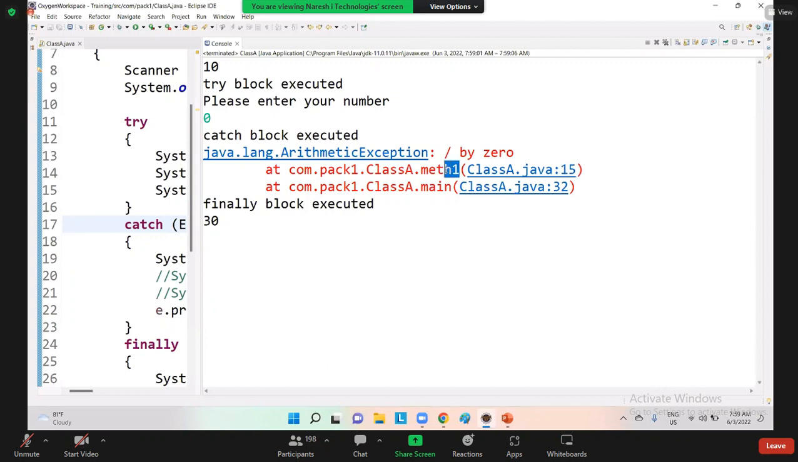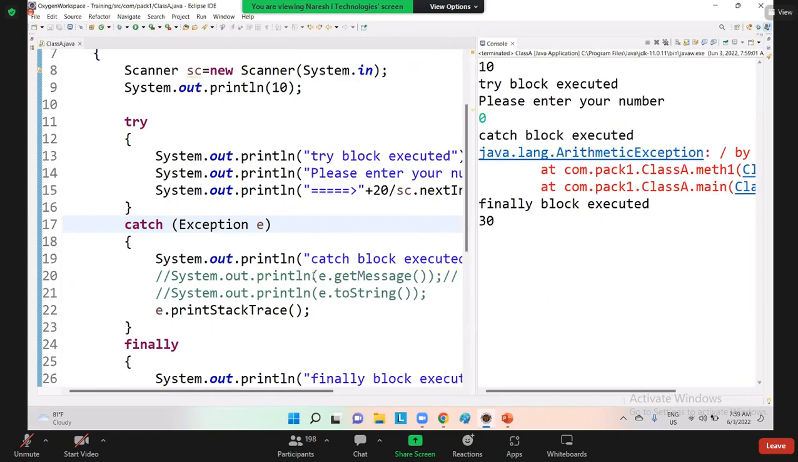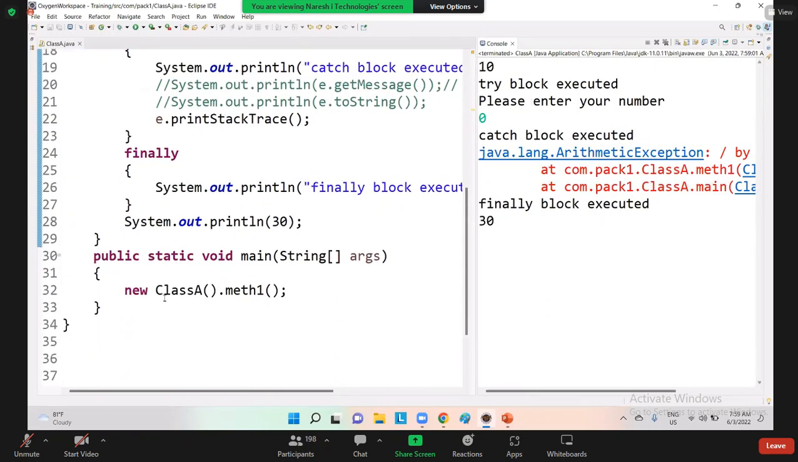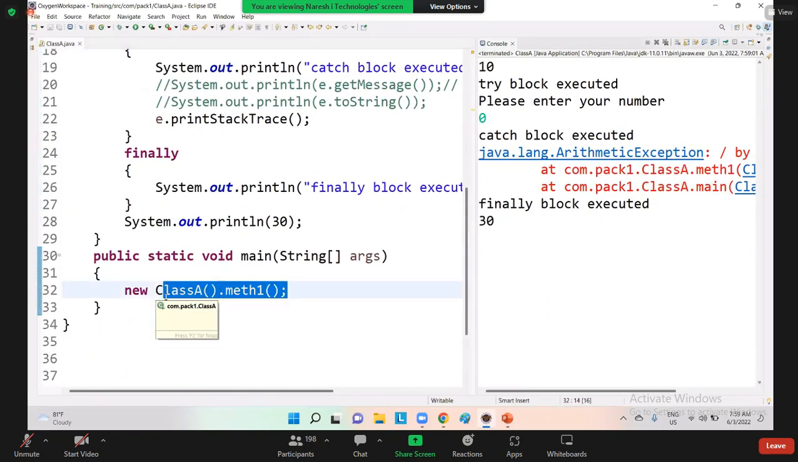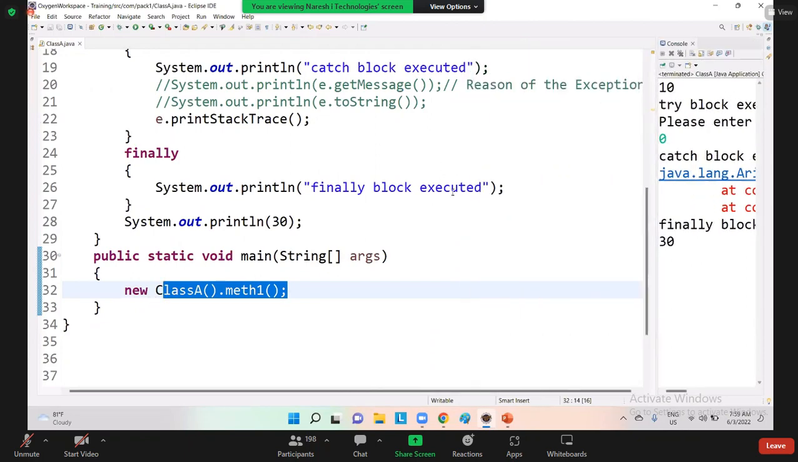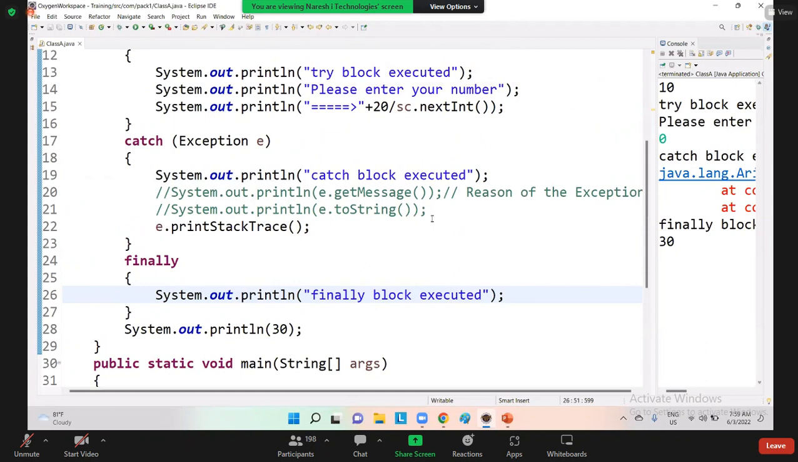You are calling this method 1 from which method? The main method. From the main method, which line number? Line number 32. Are you understanding me, guys? So, in order to display the exception information to the user,